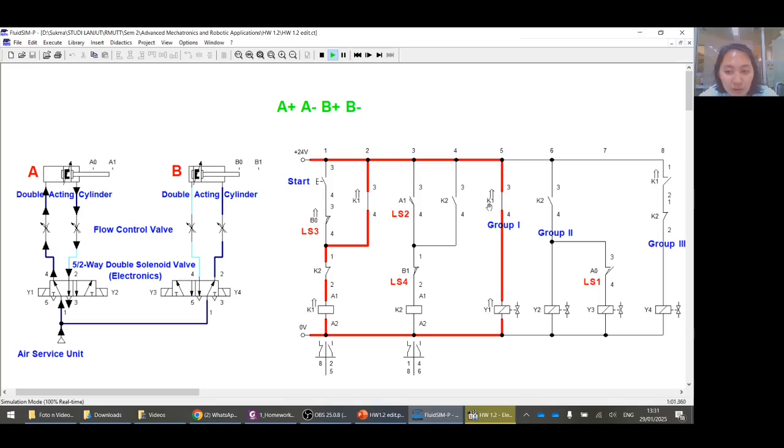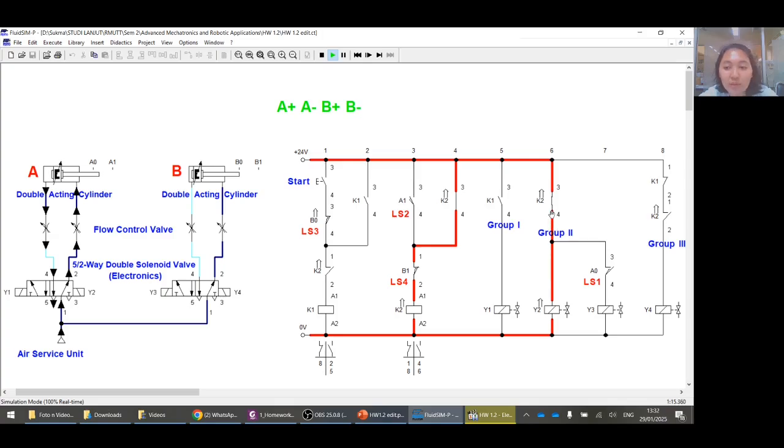Relay 1 contact goes from normally open to closed. Then relay 2 makes cylinder A go backward, its contact going from open to closed. Then after reaching limit switch A0, solenoid Y3 is active, and cylinder B goes forward